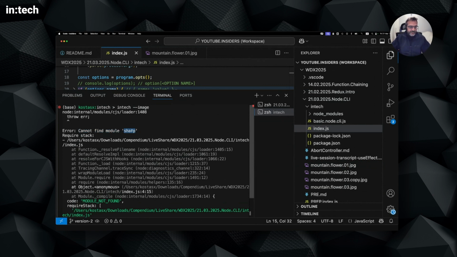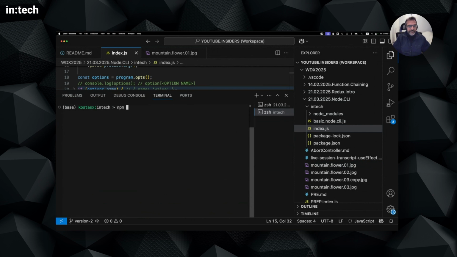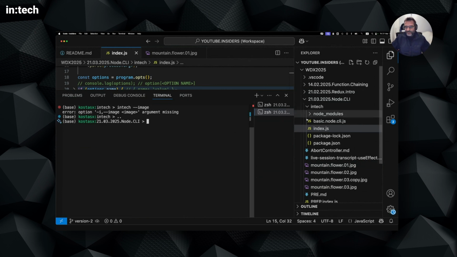So this is an external module. This is not a Node internal native module. So I have to install it. So let's npm install sharp. Okay, let me clear and run image. I need to supply an argument. So let me go to the parent directory where I have the images, and let me run intec